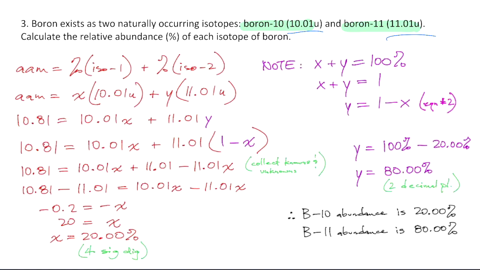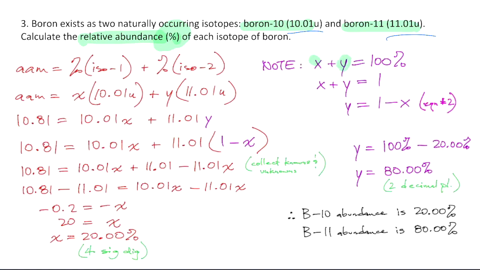And the question asks, calculate the relative abundance, percent abundance, isotopic abundance. All it's asking for is to calculate the percentages of each of the isotopes. So that's really what you're being asked. But how do we solve these if we're not given these percentages? For these ones, what you need to understand is that because we're looking at 2 isotopes,